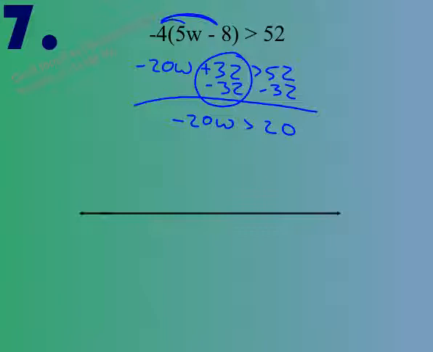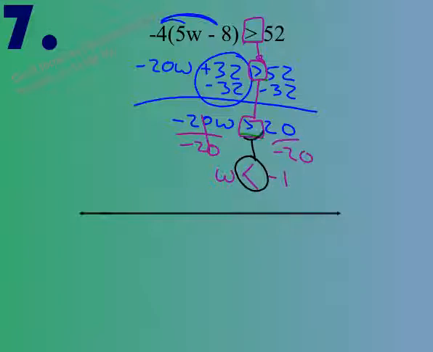Notice this sign is still the same. Notice this sign I brought down. So this sign is just an equal sign here, until this point, when I divide by negative, I have to do what? Flip the sign. So I'm going to make it this way. This is what they mean by flip the sign. So this is where we flip the sign